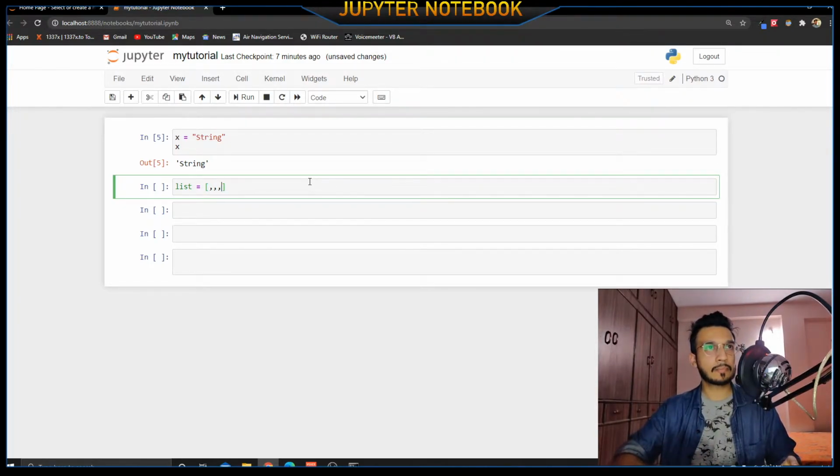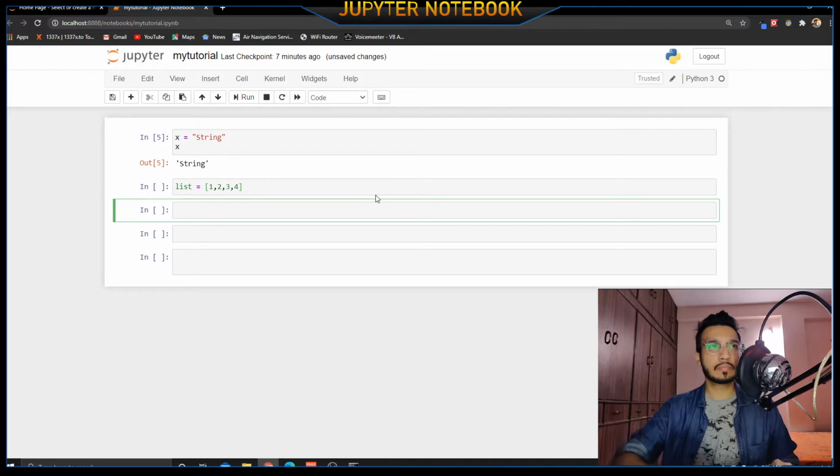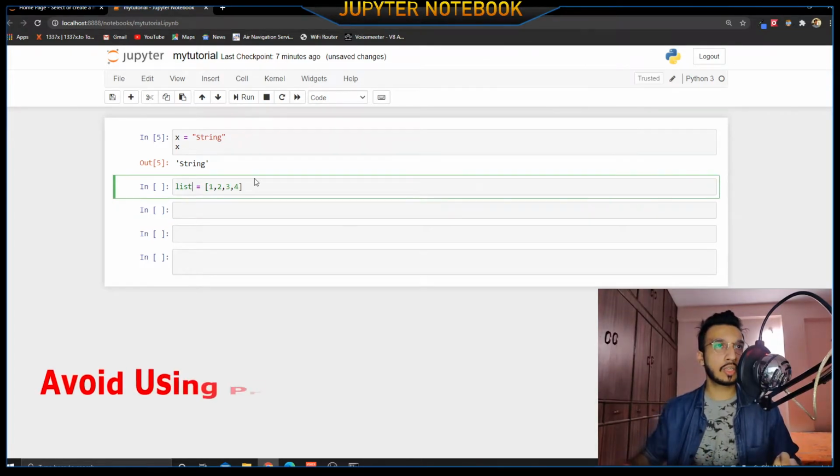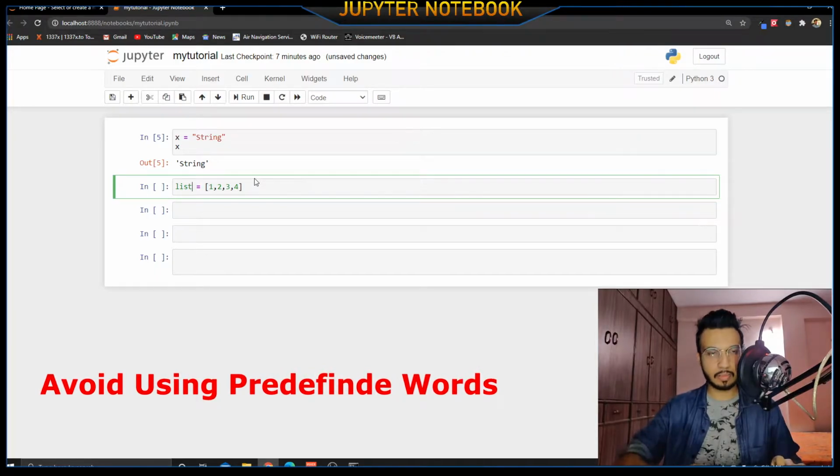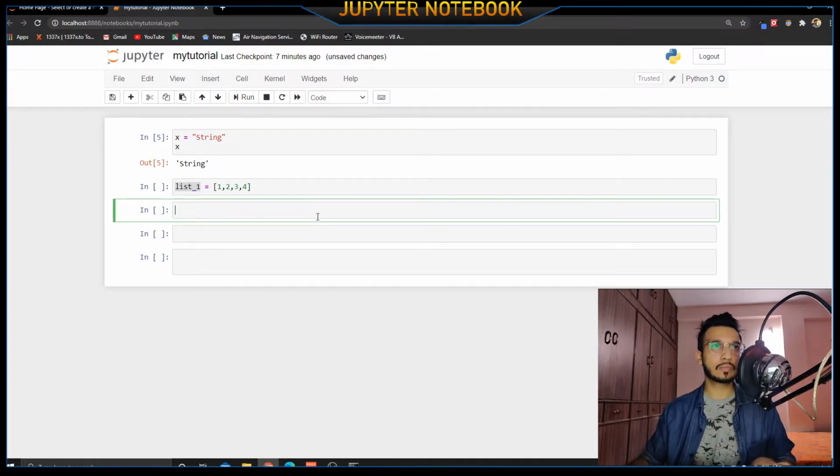So let's say we are going to assign 1, 2, 3, 4, right? And then we are going to access the list. Although, don't use the term list, because as you can see it is in some different color. Please, because it's a default casting that is used to convert something to a list.